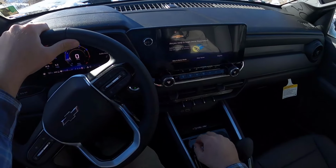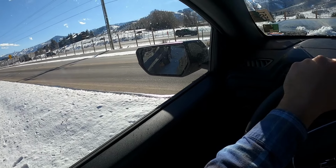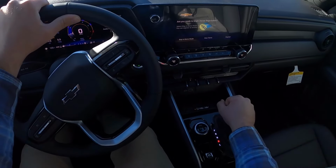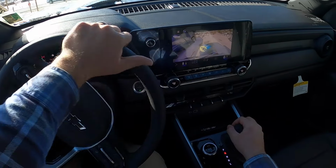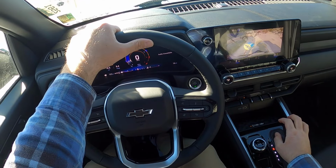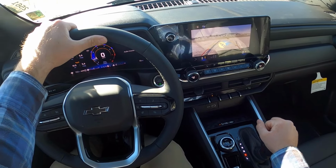Okay, yeah, so it's not going. I mean, I'll try again. Yeah, no, it's not going down. So we will reverse again, and I'll just put it in 4-wheel auto. See if that